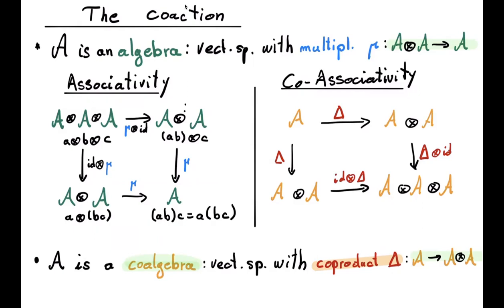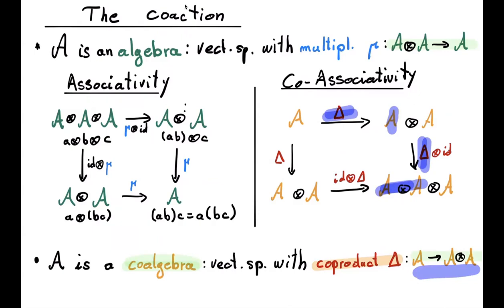So co-associativity, in words, means it doesn't matter how you iterate this procedure of splitting things into two, because once I have a rule that allows me to split things into two, I can turn it into a rule to split things into three, and so on. It just means it doesn't matter how I iterate it. So at first, if I split things into two with my co-product, and then I split it into three by acting with the co-product in the first two entries,